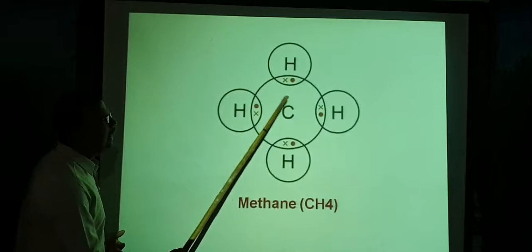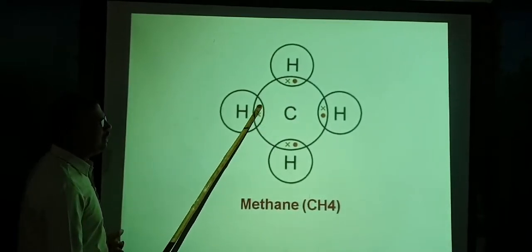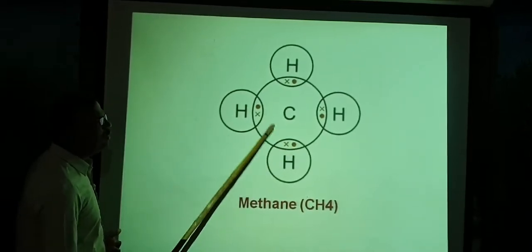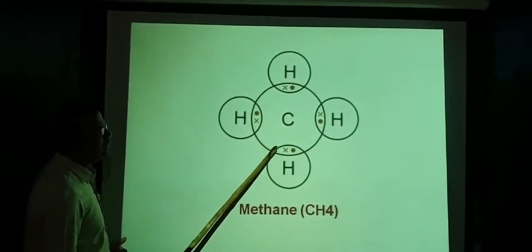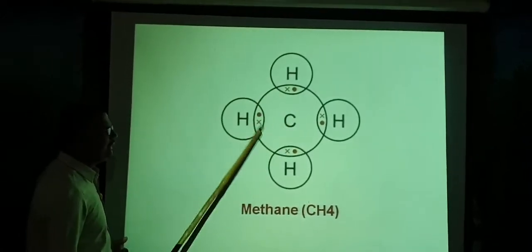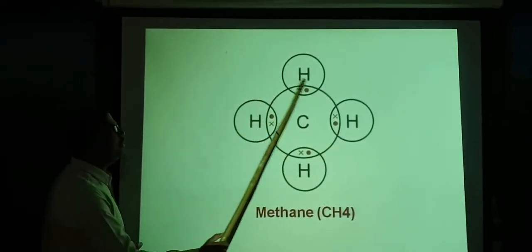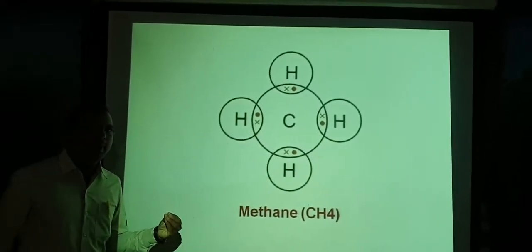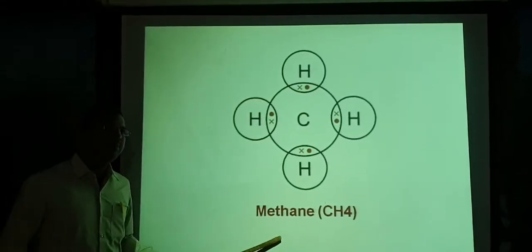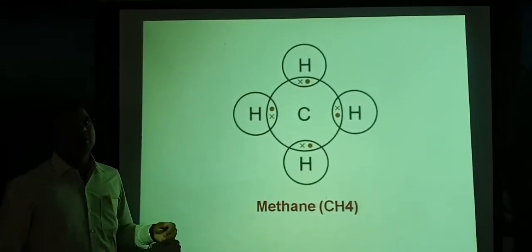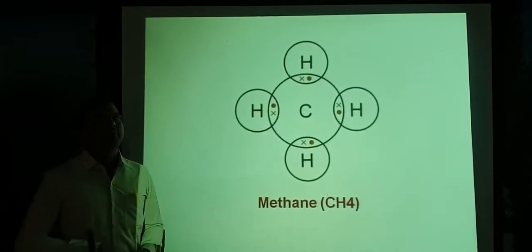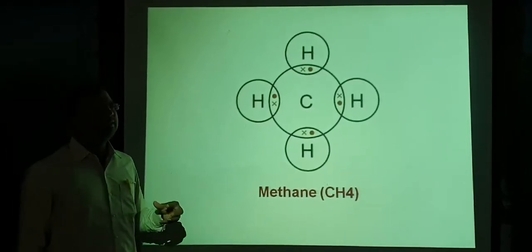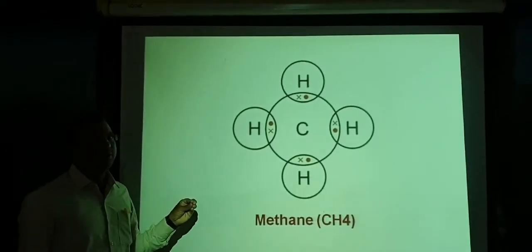With a carbon atom. See, the carbon atom has 4 electrons, 1, 2, 3 and 4. See here, it requires 4 electrons to complete its octet structure. It gets those 4 electrons from 4 different hydrogen atoms. By this it forms methane. This is one of the simplest hydrocarbons. Here all the bonds are formed by sharing of electrons. These are the examples of a covalent bond.